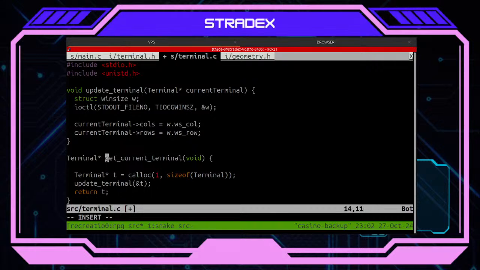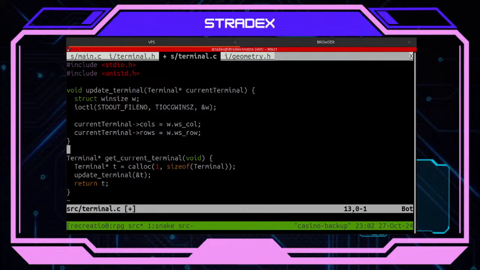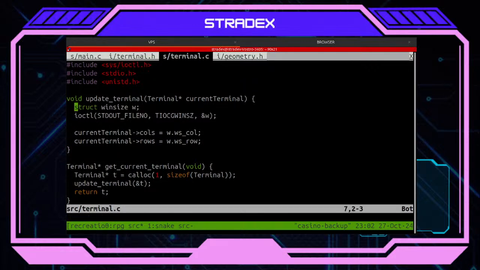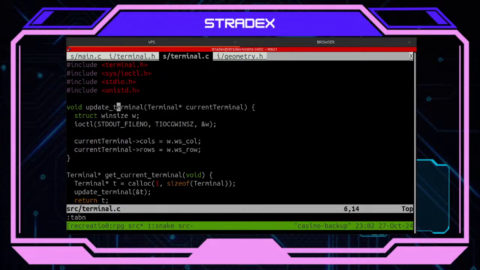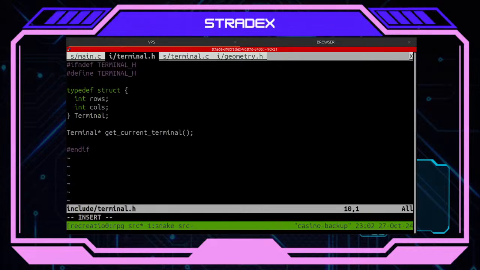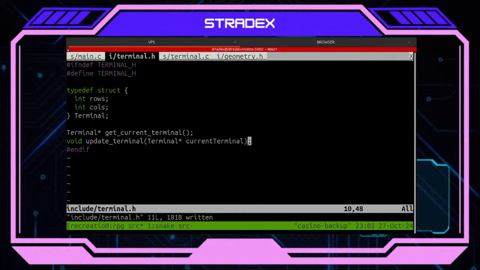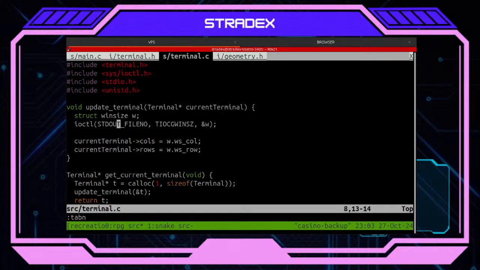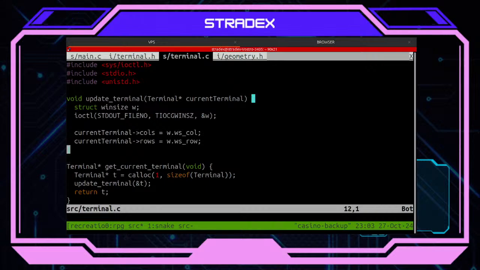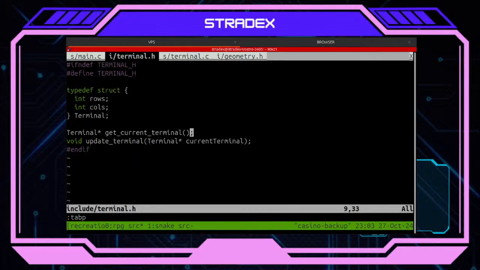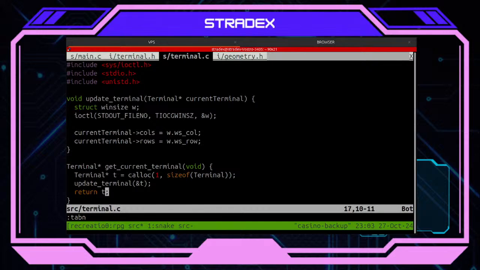Okay, so basically this is what I want. Yes, this way I should be able to get my current terminal with its current size.